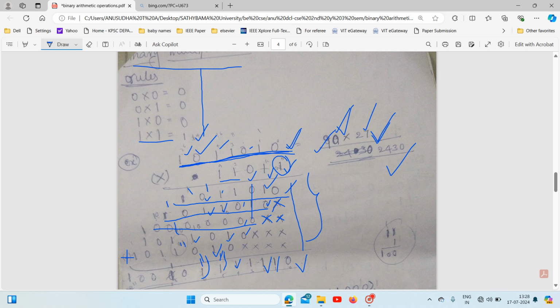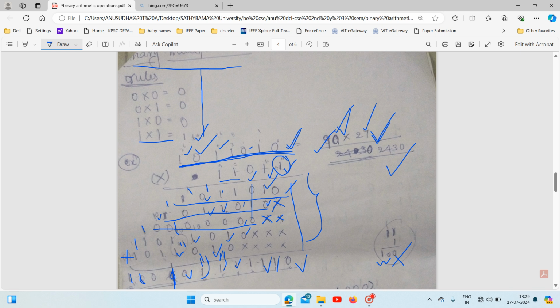The 1 1 is added with 1. You will get 1 0 0. The first bit is your result, and the other two bits are your carry. The result, this one is 0. Sorry, where is that? This one is your result 0. So again your carry is 1 0. The 1 0 is added with 1, the result is 1, so the carry is 1. Again 1 plus 1, the result is 0, carry 1. 1 plus 1, the result is 0, carry is 1.